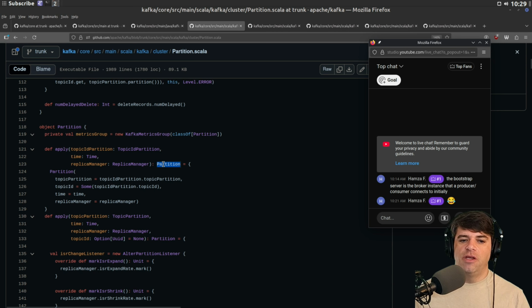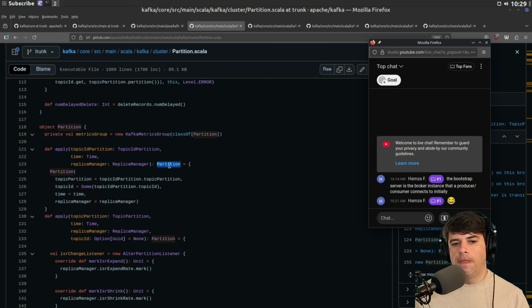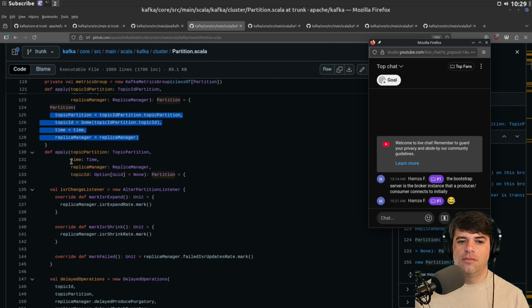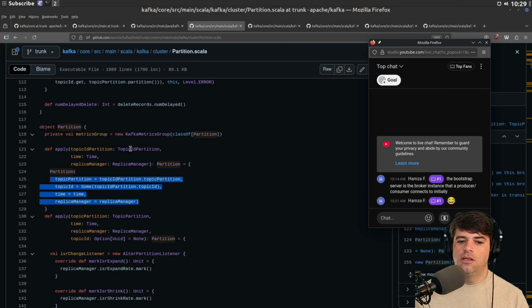And I guess this probably means it returns this. And what it's going to return is a partition of, we're just going to stuff this stuff into a struct, essentially. And that was apply with these arguments. And then if you add a topic ID, which is an optional, so I guess IDs are UIDs, which makes sense so that maybe some clients can create a topic ID without talking to the database.